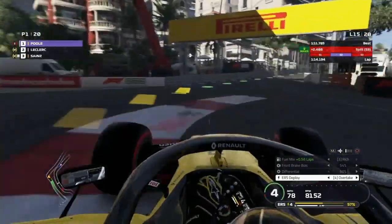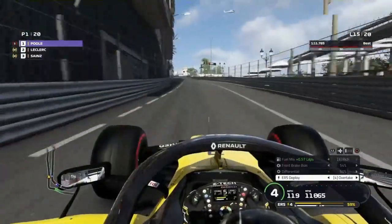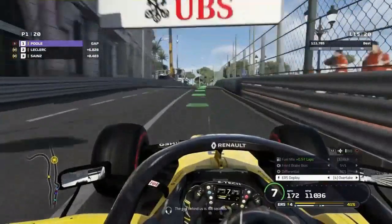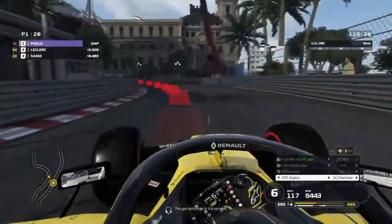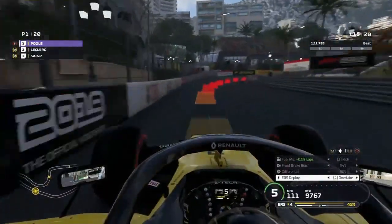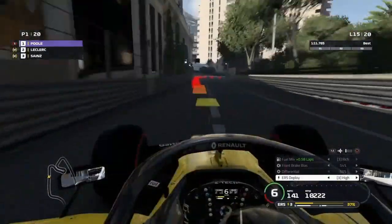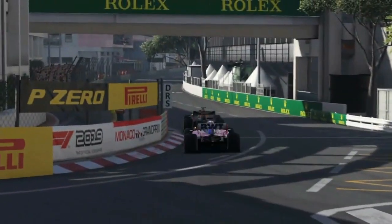See what we can do as far as our lap's concerned. We head through Beau Rivage. Sorry, through Saint-Devant up Beau Rivage into Massenet. I see the car hugging the wall nicely in Massenet into Casino Square, down the hill. So we get down the hill...